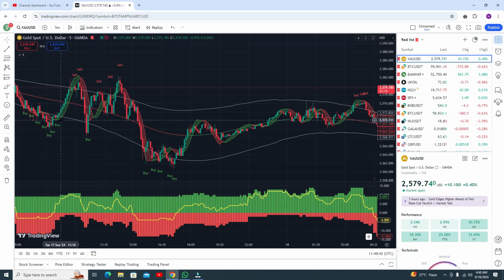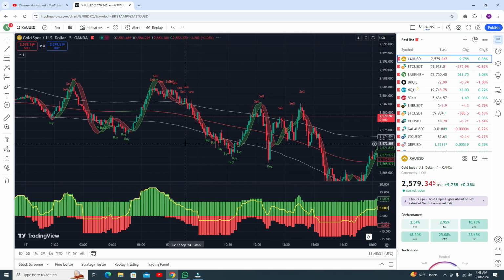Okay, it's a very small profit, and again you can see here, this is your buy trade, and you got the profit here. Okay, it was amazing. Now this one, this is your buy trade. This is not your buy trade. But at this point the yellow line comes upside, so this is your perfect buy trade, and you got the amazing profit. This is again your buy trade, because you can see the yellow line, and you can see you got the profit here.